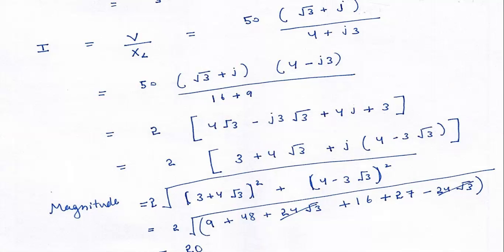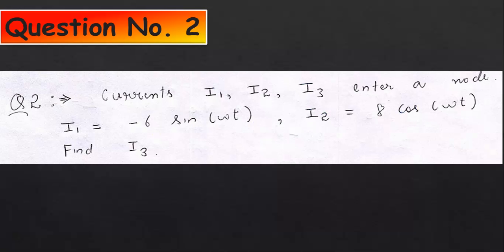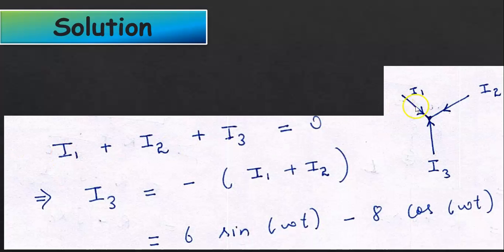Now we move on to the next numerical. In this numerical, currents I1, I2, I3 enter a node, and I1 and I2 are given, and we have to find I3. So we see the phasor diagram, and the circuit diagram. I1 and I2 enter a node, and I3 also enters the node. So I1 plus I2 plus I3 will be equal to 0. I3 will be equal to minus of I1 plus I2, and